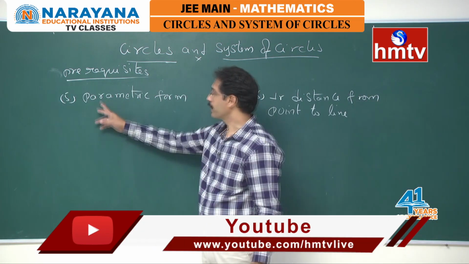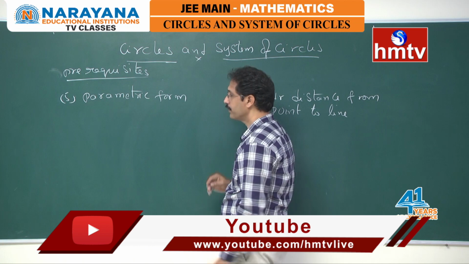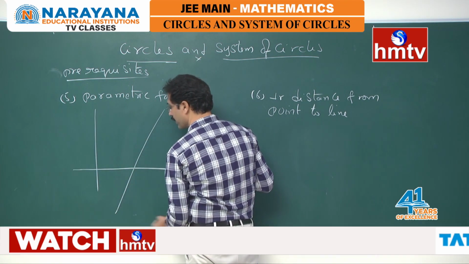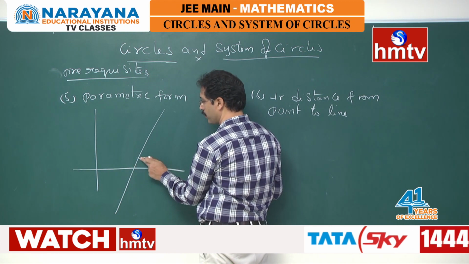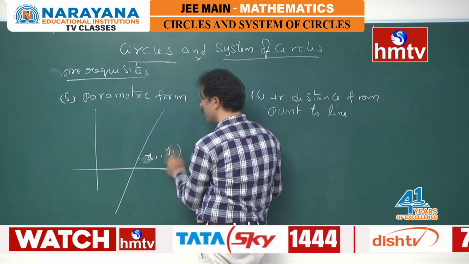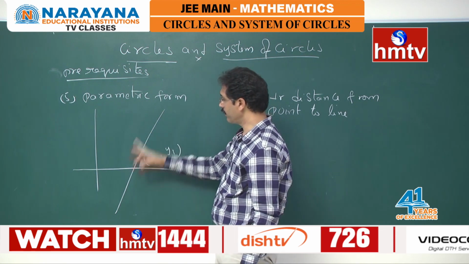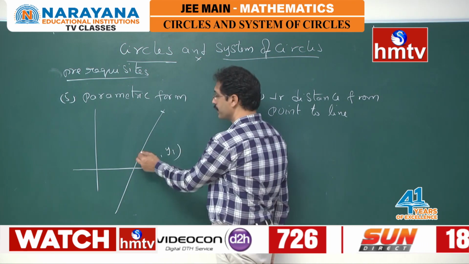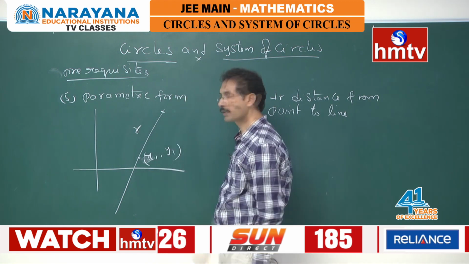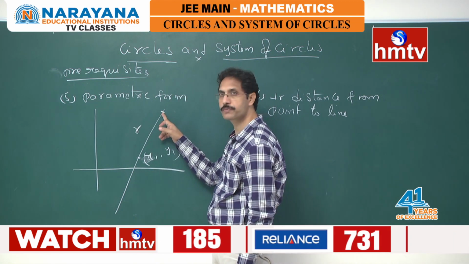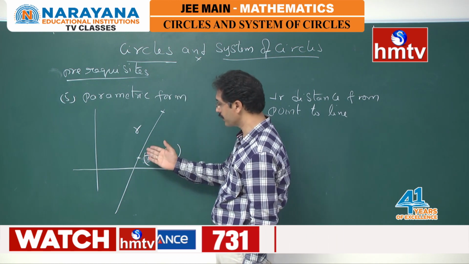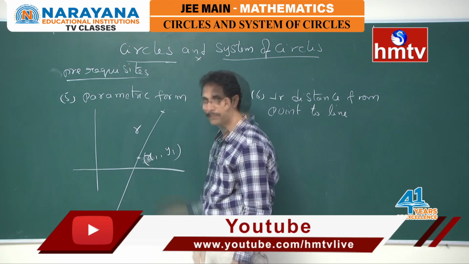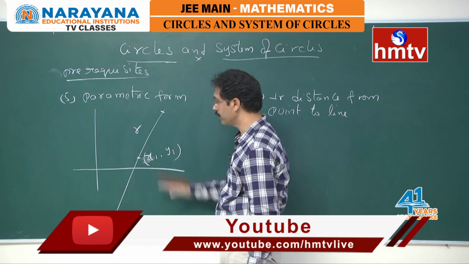Let us discuss parametric form. That means any straight line is given, and on that straight line there is a point (x1, y1). Now, to find out a point on the given line at a given distance, suppose there is a point here, it is at a distance r units from this. Then to find out coordinates of this point, either in increasing ordinate direction or decreasing ordinate direction, that is towards upward or downward, to find out the coordinates of that point, we use this.